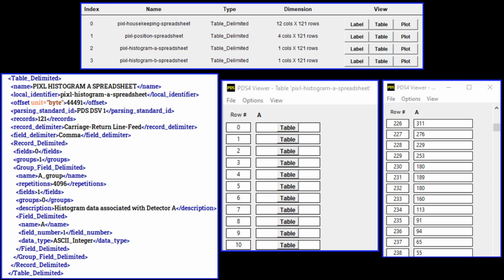There are also a number of optional attributes that can be included for clarity. Use the name attribute to provide a meaningful group name that will help future users understand the data better. You can number the groups and record each number in the group number attribute. The description attribute can be used to add any further information needed. As you can see in our example, all nested and not nested field delimited and group field delimited classes have